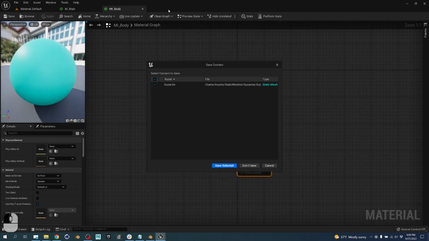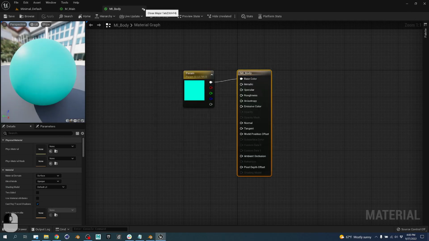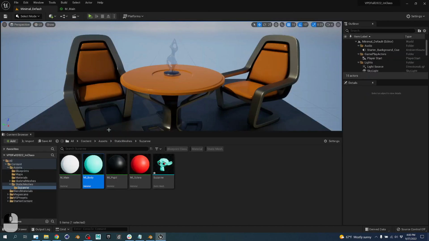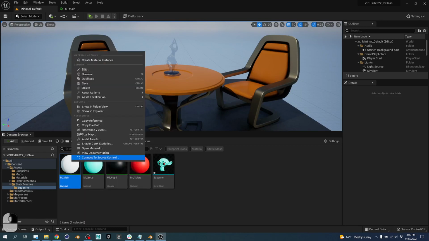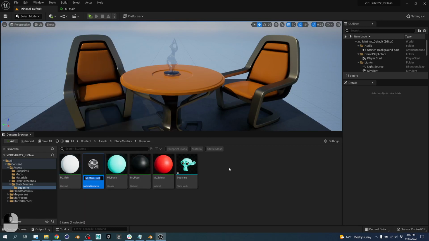Actually, that's right. Oops. Actually, it has to be an instance first. The create instance. It calls MI body. You'll see that now